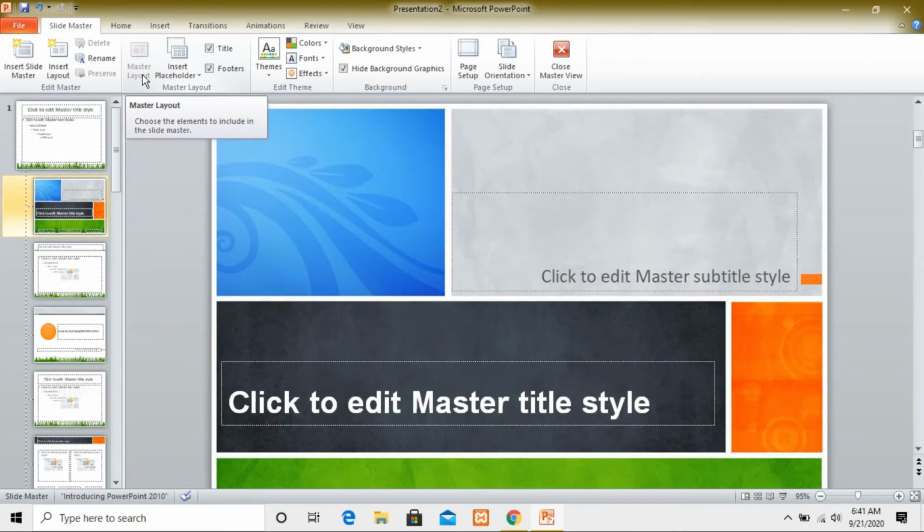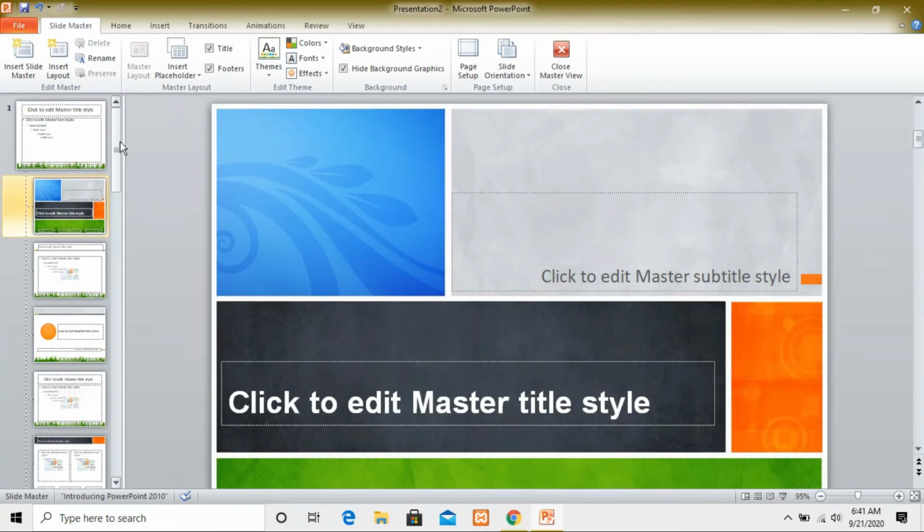The slide master stores information about the slide templates. Okay, so what does it mean? I am saying that if suppose you want to reorganize or rearrange your slide, then which view can you use? You have to use the slide master tool.